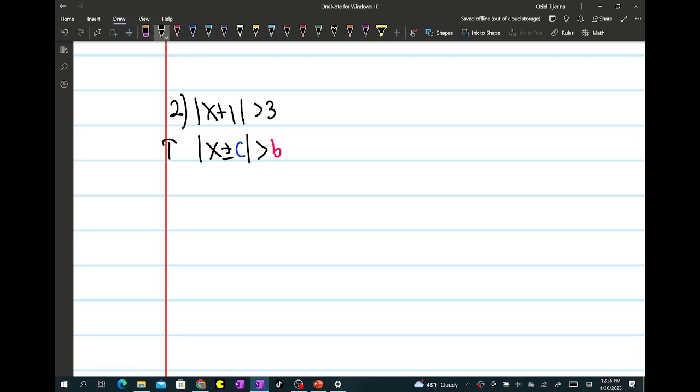So if this is true, then x plus or minus c is greater than b, or